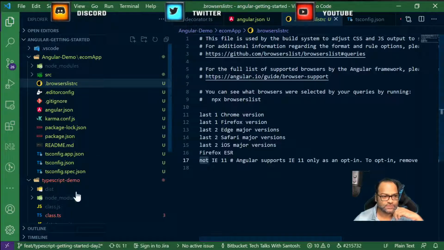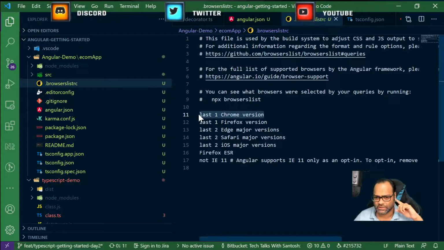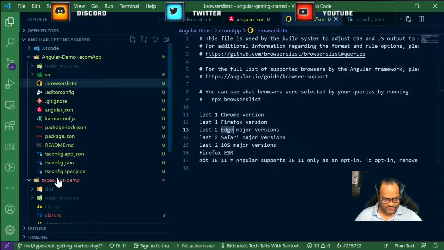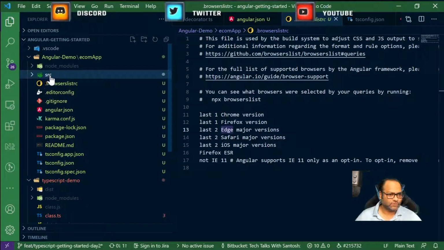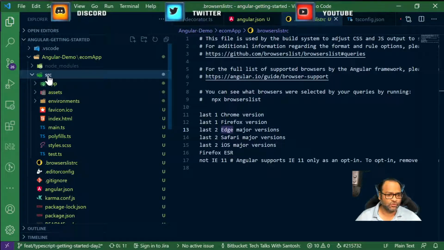So these are a few files which are available outside. Brave is actually Chromium, so this is already available. You can go ahead and create an application, and it will work on Brave. You don't have to do anything extra. Even Edge, the latest replacement for IE, is Chromium behind the scenes, so it will also support that. These are a few files available outside, and then we will continue with the src folder tomorrow.